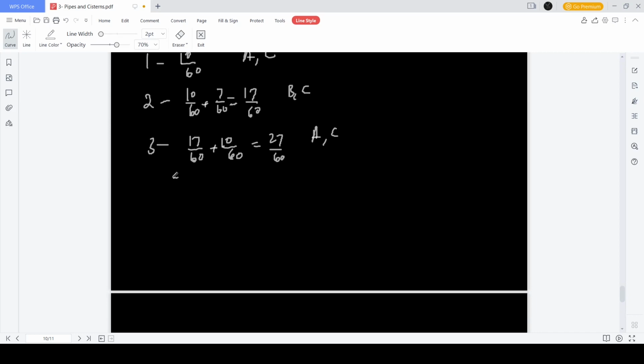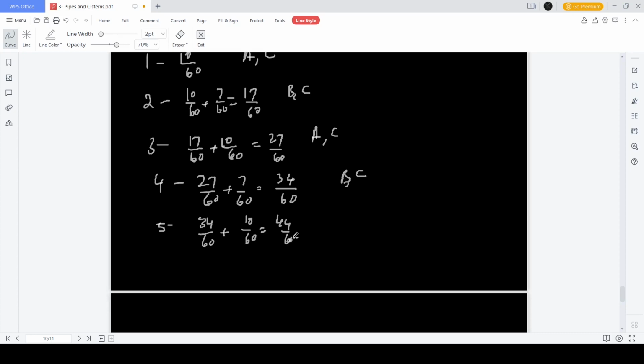Then in the fourth hour, it is 27 by 60 plus 7 by 60 because B and C are working together, and this is 34 by 60. At the end of the fifth hour, 34 by 60 plus 10 by 60, which is 44 by 60. This is A and C working together. In the sixth hour, it is 44 by 60 plus 7 by 60. That is B and C working together. So this becomes